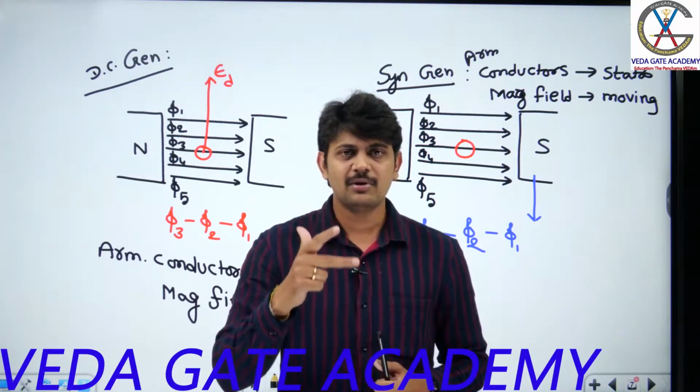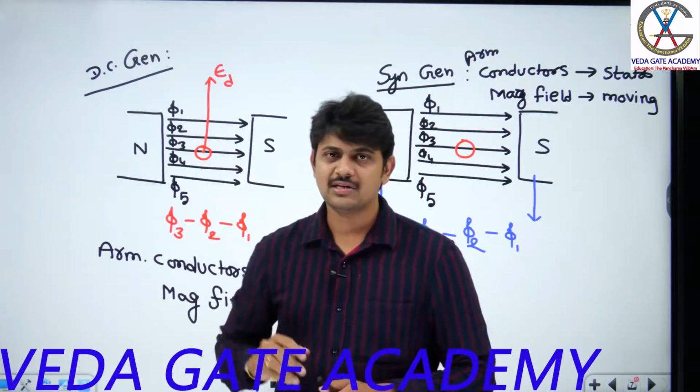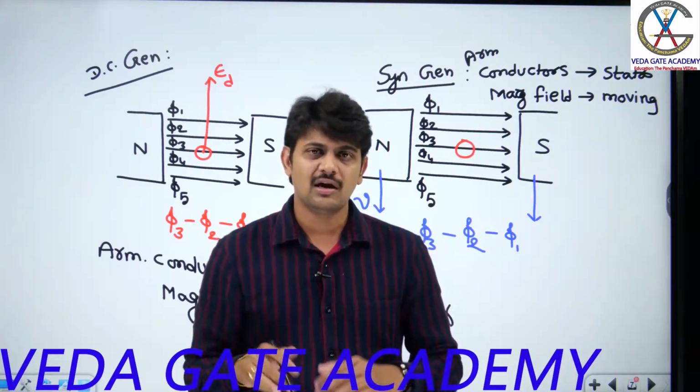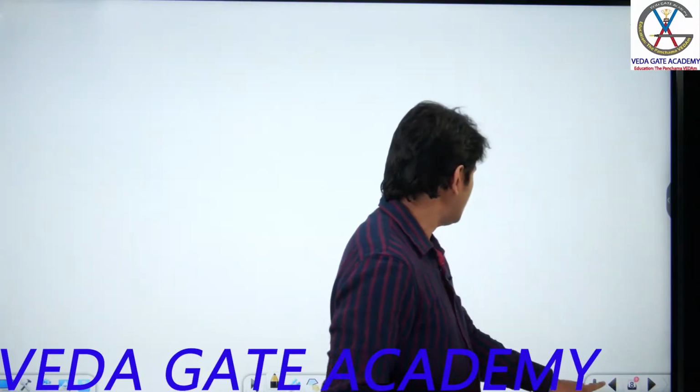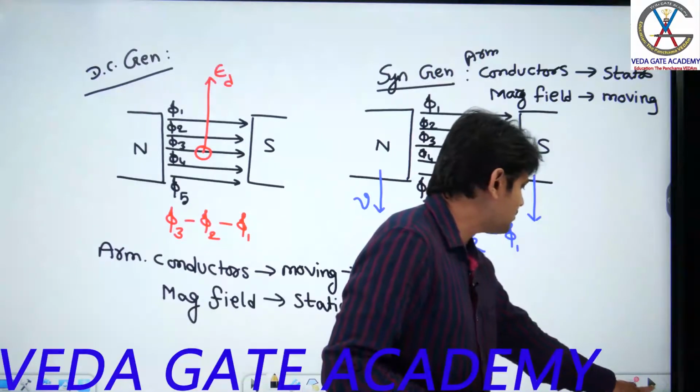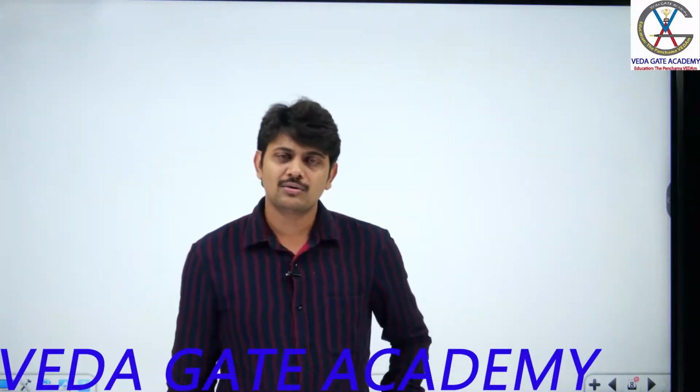I will explain this Fleming's right hand rule the moment we start with the DC machines. At this instant it is not that important. Now this is the brief idea about dynamically induced EMF. Now we will move on to the next concept.